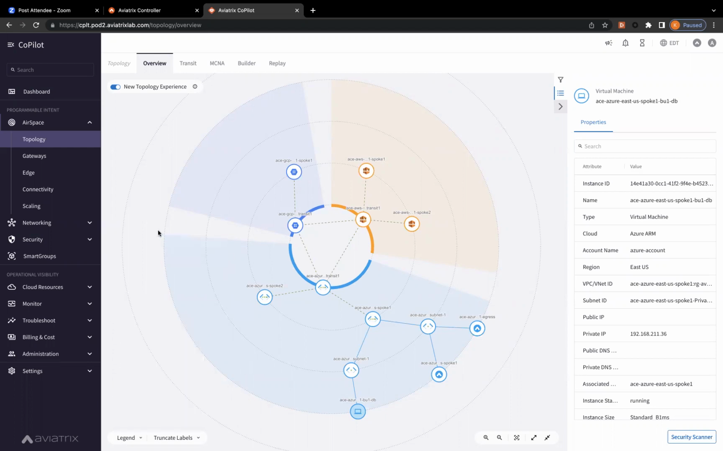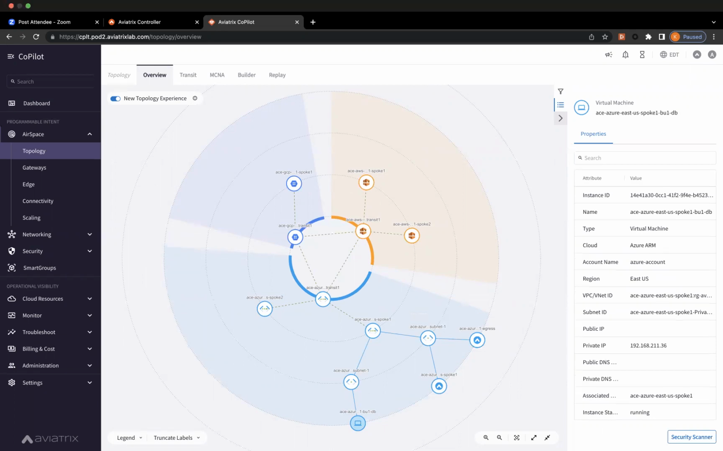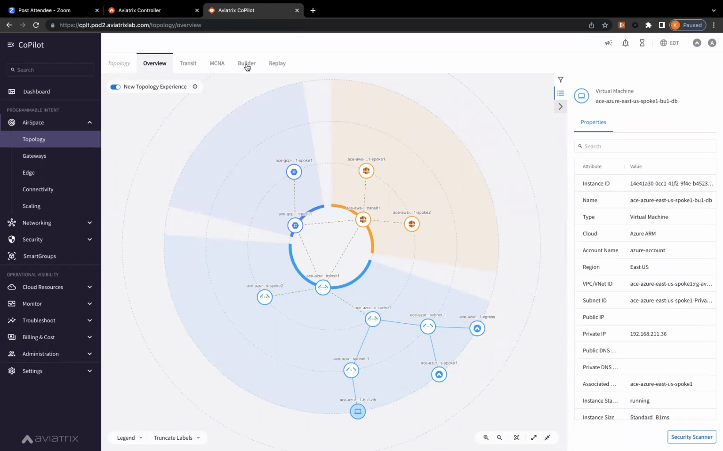Same thing for GCP. I think it's clear by now. The other thing that you can actually do is